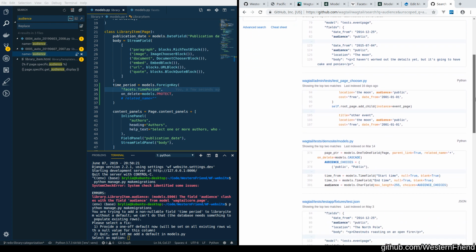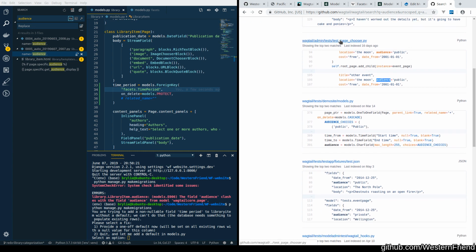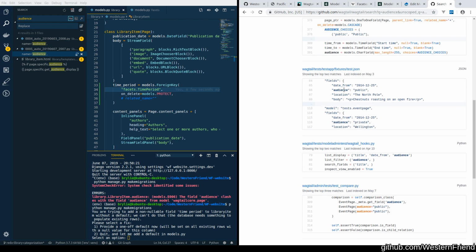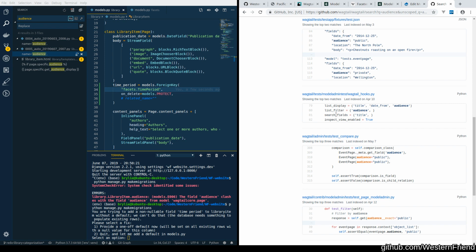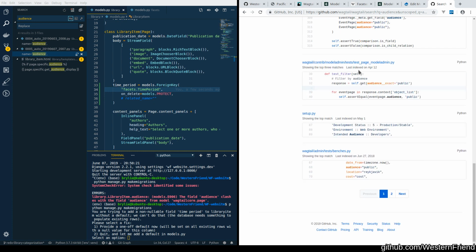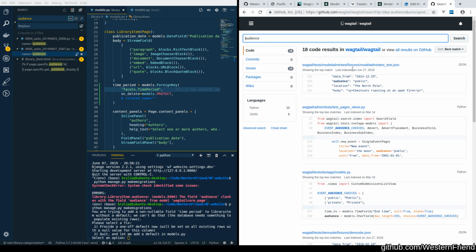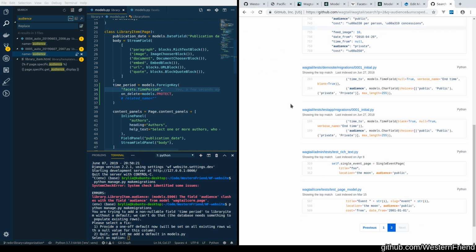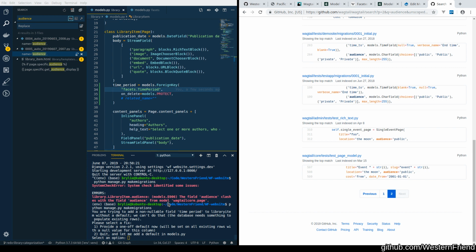Event page. That's that test page chooser. Demo side fixtures. That's the test app. None of these are from Wagtail core. Okay, well I just have to flow around this. Essentially, and